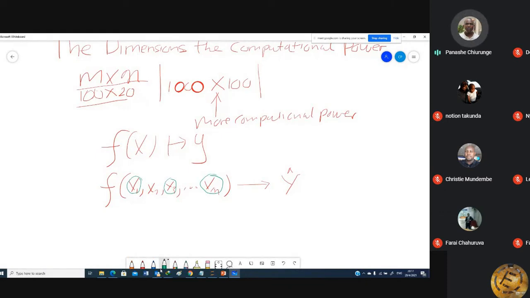Therefore it costs you in terms of computational power, and then also it costs you in terms of being able to analyze your data,